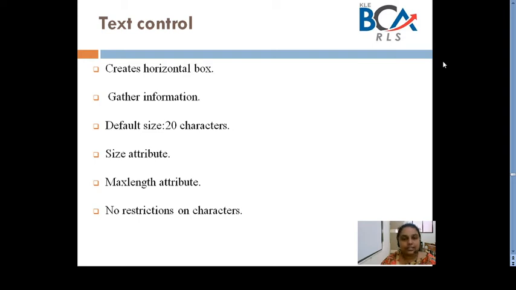Because the default size can vary among browsers, it is a very good idea to include a size for every text box. This is going to be done with the help of the size attribute of the input element. If the user types more characters than will fit in the box, it is going to be scrolled. If you don't want the box to be scrolled, then we can use the maxlength attribute to specify the maximum number of characters that the browser is going to accept in the box. Any additional characters are going to be ignored.